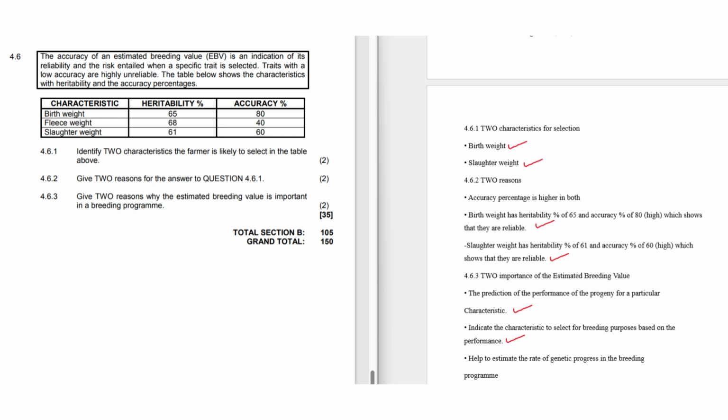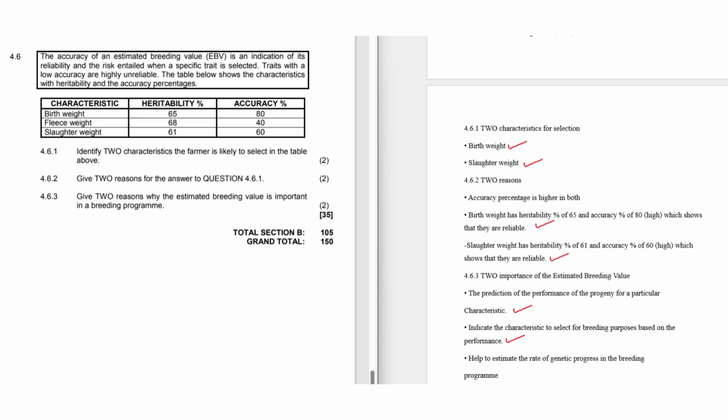Okay, we can't take fleece weight here because fleece weight has high heritability of 68 but accuracy of 40, which is not good because both of them need to be high. But birth weight has heritability of 65% and accuracy of 80%, which is good. And slaughter weight also has 61 and 60, which is also good. So that's why we took this one. Then